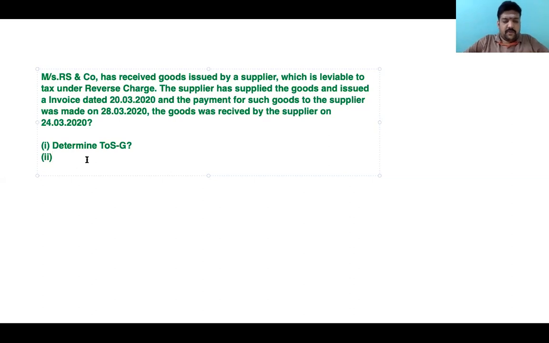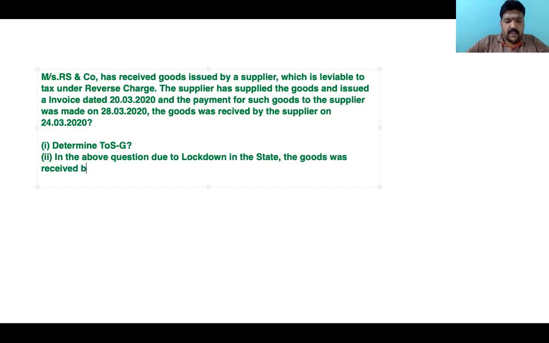We'll quickly move forward to something. In the above question, due to lockdown in the state, the goods was received by the supplier on